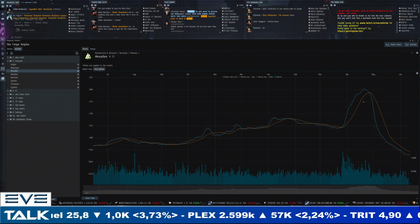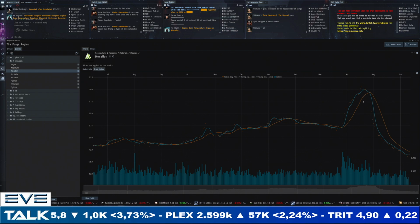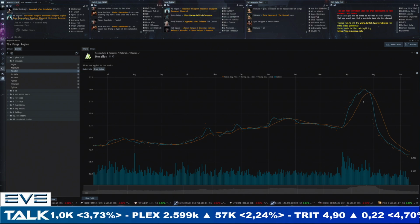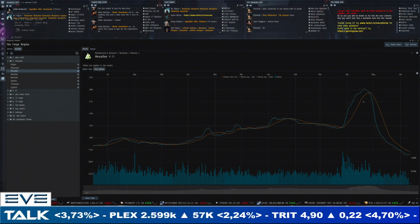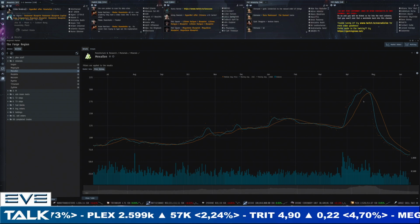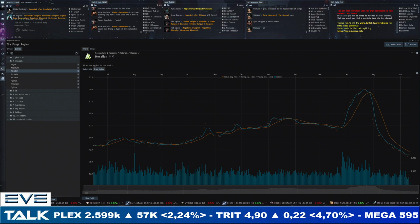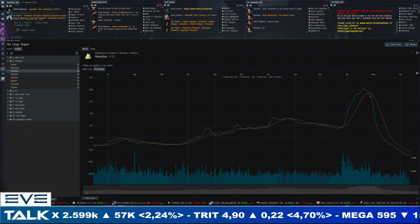We could definitely also still be in a low demand situation. You've got summertime coming, you've got the war that seems to be winding down a little bit. Activity could be going down generally speaking, and so we could be stuck in this low demand situation for quite a little bit, which again is not good news for the high-sec miners, because you're getting less for your trit, less for your pyrite, and a lot less for your Mexalon